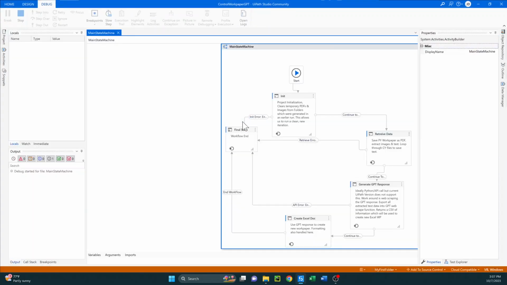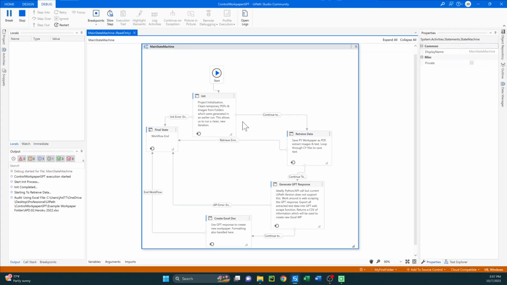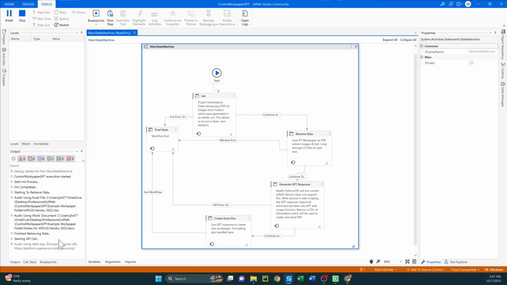I can already tell it's running a little bit slower here. Awesome. All right, so it looks like the init completed. You can see that in the log message on the bottom left. Starting to retrieve data, you can see that it's opening this prior year workpaper, the 2022 file. It's currently doing some saving, some extracting, and then OCR scans. You can see it picked up the Word document. Those were the instructions that had some title changes, stuff like that. And then it's finished retrieving the data, and it's starting this API call, which is our UiPath